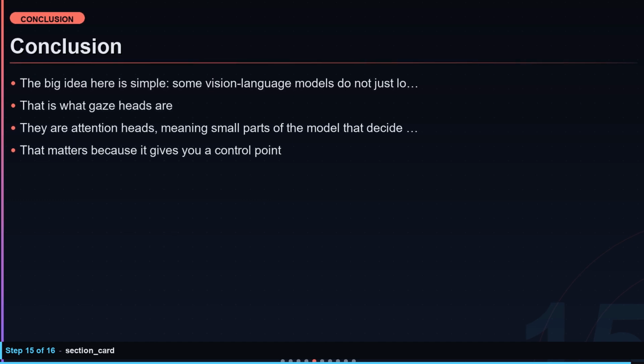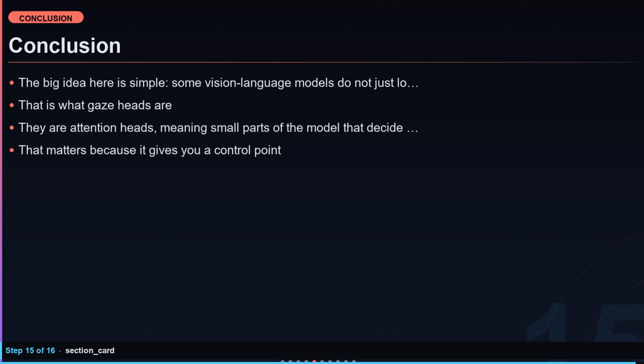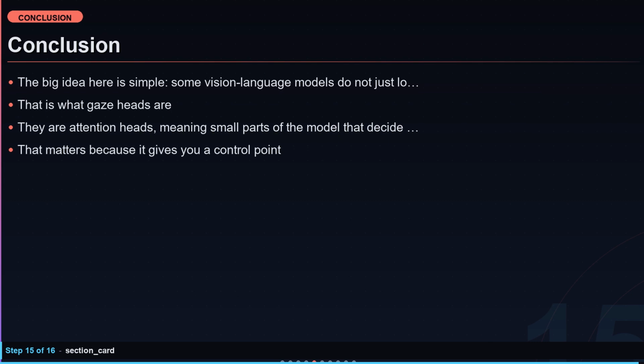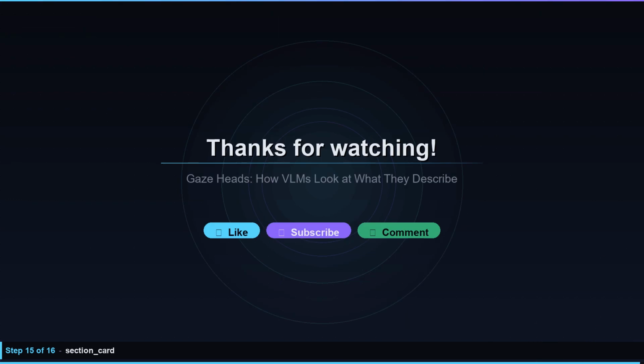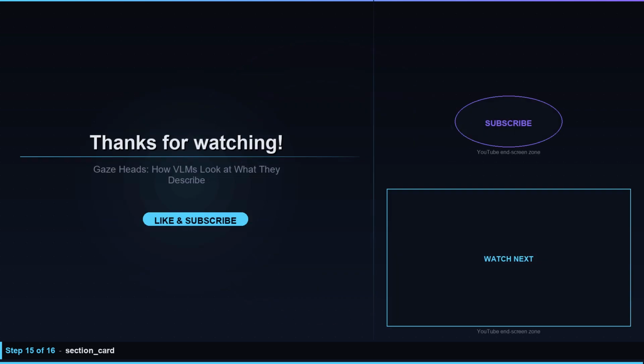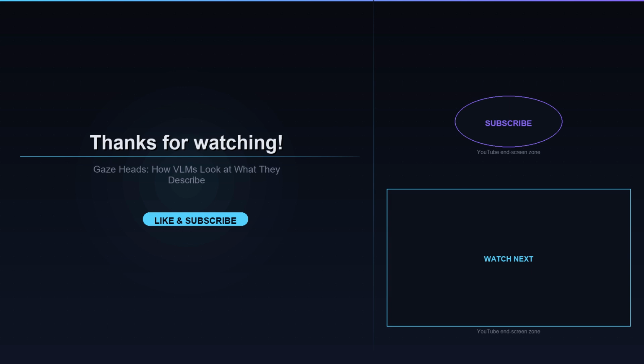So the workflow is: identify the heads that truly track the clicked region, then modify only those. That is better than a naive all-or-nothing edit, because it preserves the model's ability to speak fluently while changing where it looks. One more caution: do not assume the same headset will appear in every vision language model family. You have to verify the mechanism on the specific architecture and checkpoint you are using, because some frozen encoder families do not show a comparable headset. The real next thing to build is an interactive review